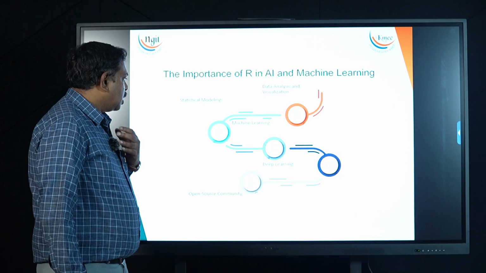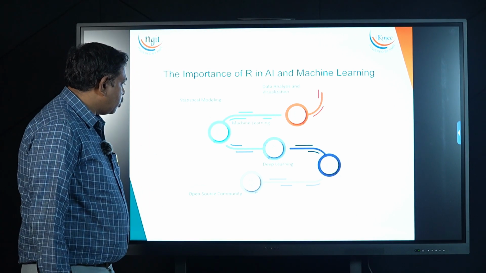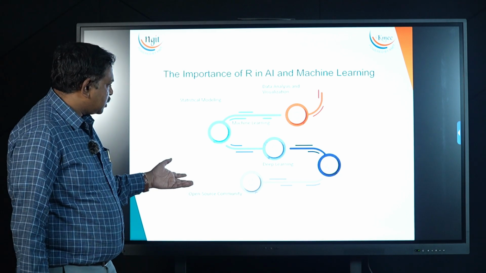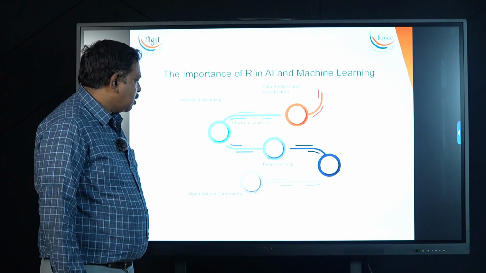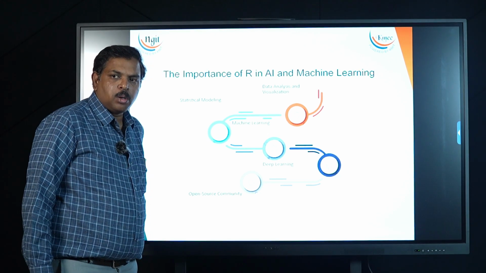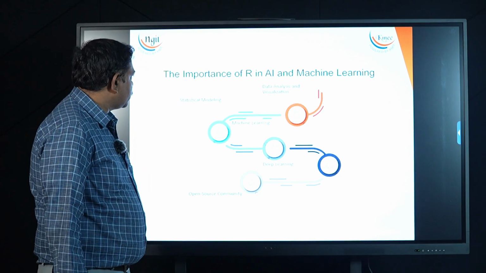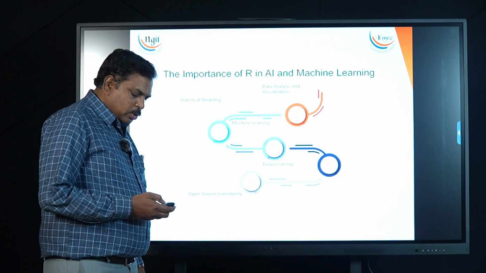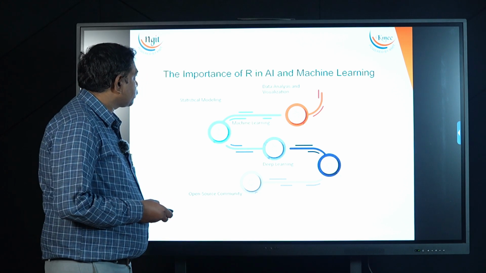R comes with machine learning and deep learning packages, and open source community packages. Open source community means it's not just a package, I would say it's a community that is supporting our language. If any problem arises at any time, this community will help us solve those issues. There are many packages for statistical analysis. So R is also gaining popularity in the AI environment.